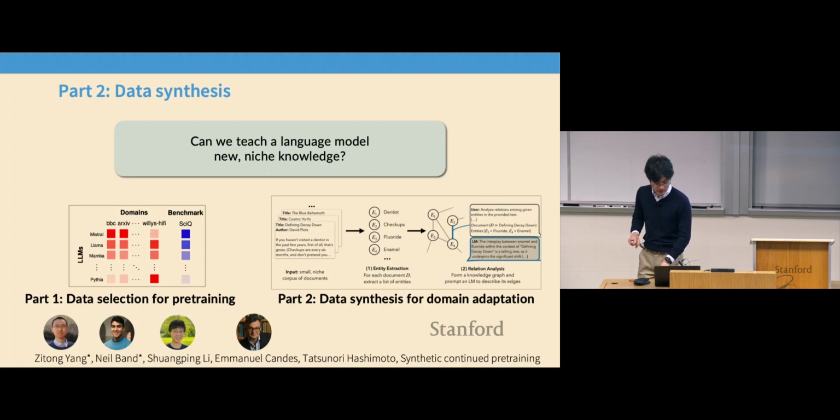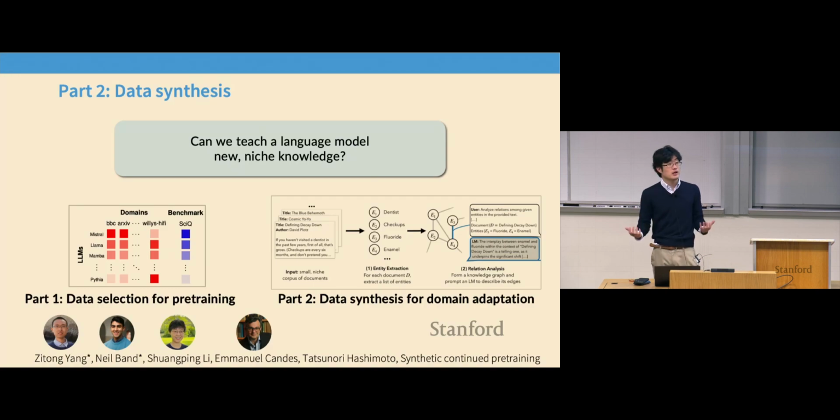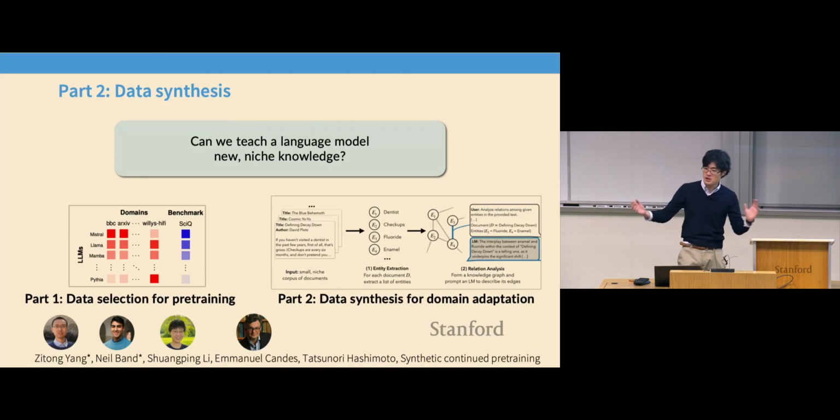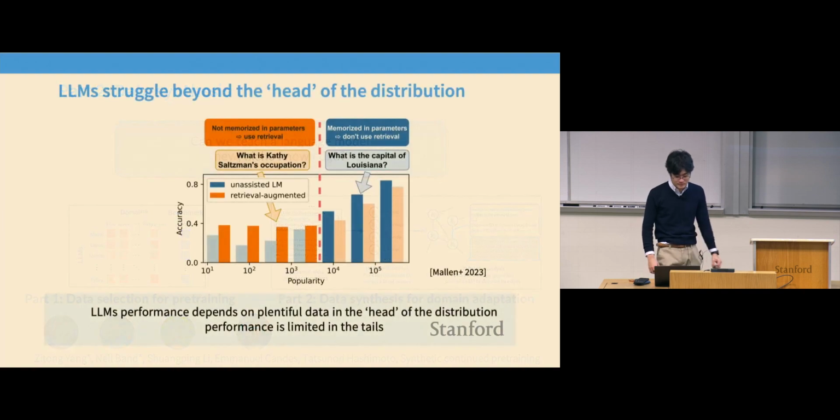Okay, cool. Then I will keep going. So for the second part here, I've already given you the teaser, but I'm not going to be selecting data, because selecting data is really the game that you play when you're compute bound, when you can't train on everything. But you might be in a regime where you can train on everything. Maybe that's because you want to update the model for a small niche domain where you don't have much data. Or we're thinking about the distant future in which we have a million GPUs and we can train on whatever we want.